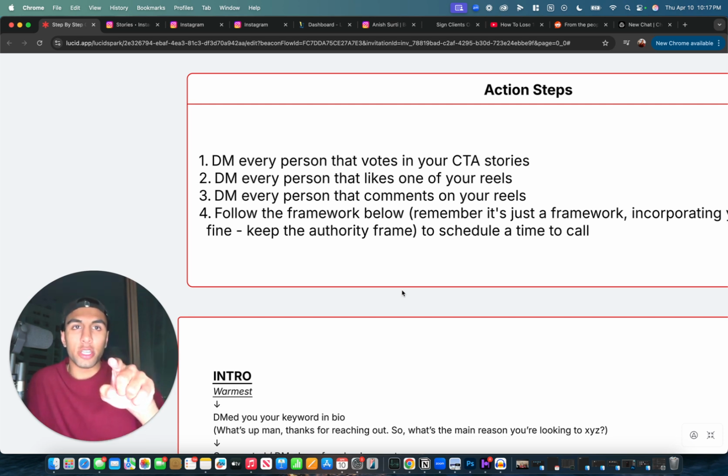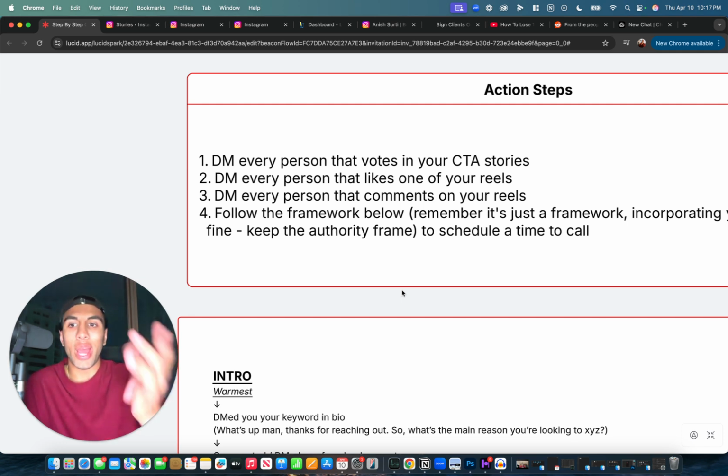And let's say you're still not getting a lot of engagement. Let's say you're a fitness coach helping guys lose weight. You're going to go to other fitness coaches who help guys lose weight, and you're going to look at who likes their posts, who follows them, who comments on their posts, and you're going to engage with them. You're going to click on that person's profile, like their post, DM them, and comment.